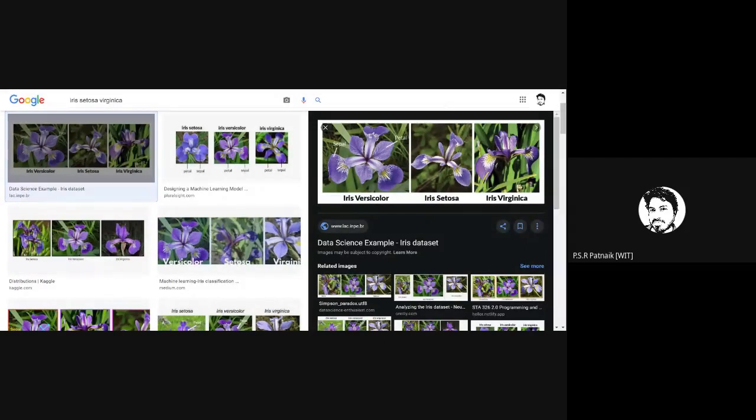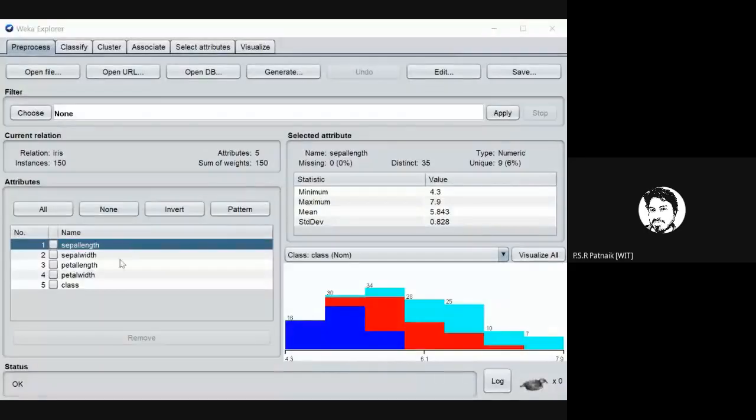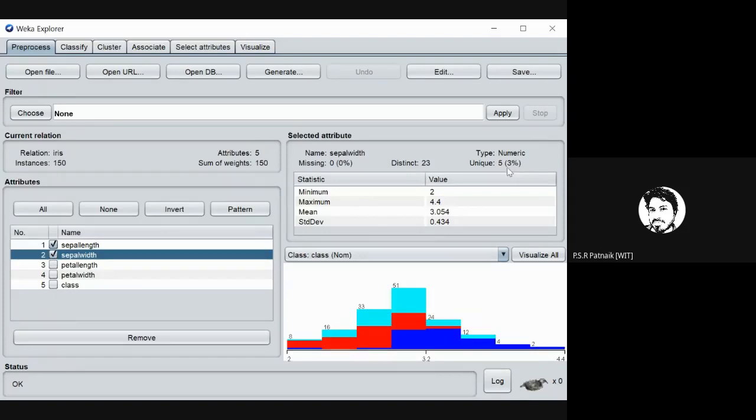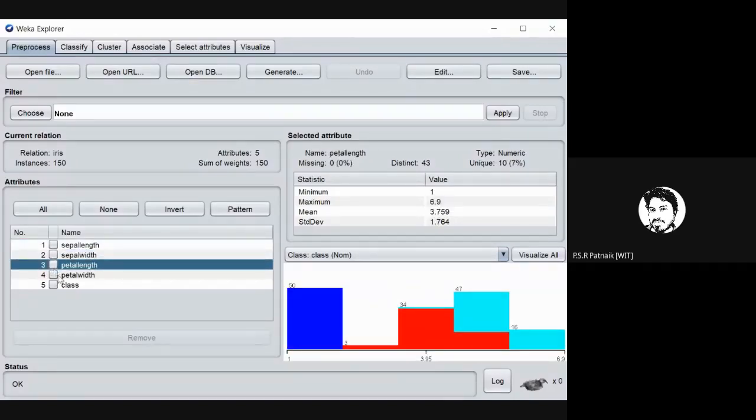So now, what we are doing here is, in the data set, let me switch back to our Weka screen. Okay. So now if you look here, see, here we have sepal length, sepal width. I hope you're getting that. Now, when I say sepal length and width, they are of numeric type. So maybe it is in centimeters, or consider they are in centimeters. At the same time, we have petal length and petal width.